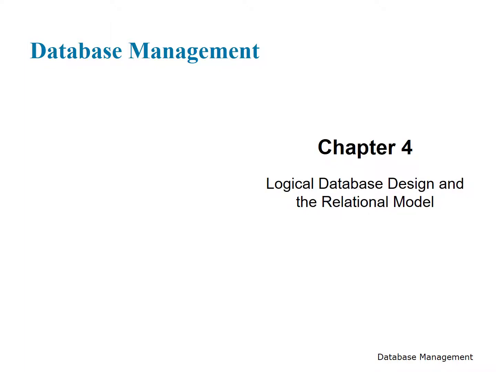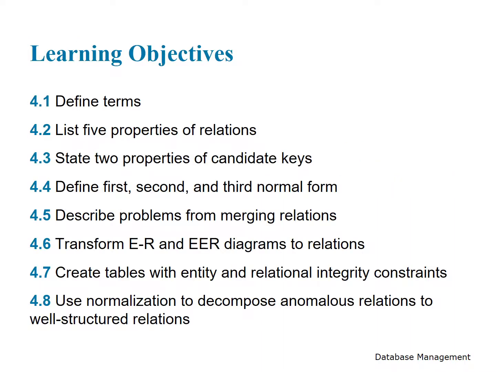Hi, this is chapter 4-2, Logical Database Design and the Relational Model. In this chapter, we're going to study several terminologies, and then we will study 5 properties of relations, and then we're going to study 2 properties of candidate keys, and then we will study first, second, and third normalization, and then we're going to study several problems from merging relations, and then we will study transforming entity relationship diagram and